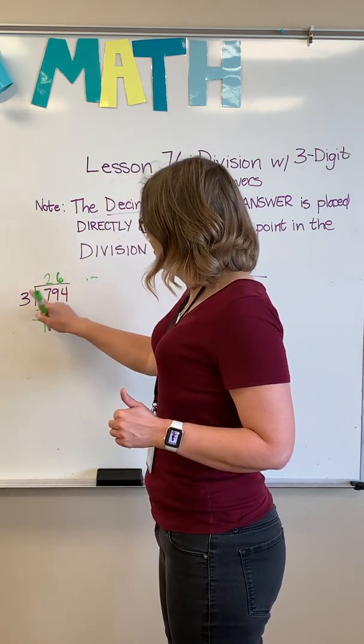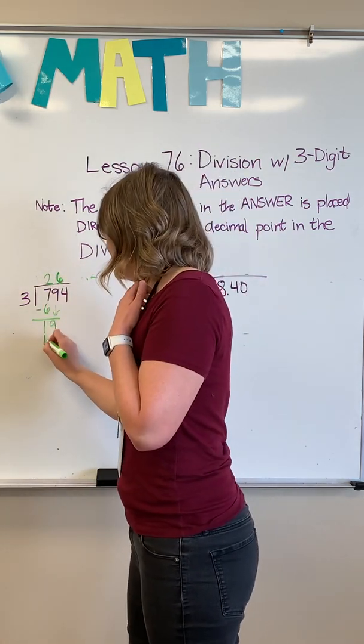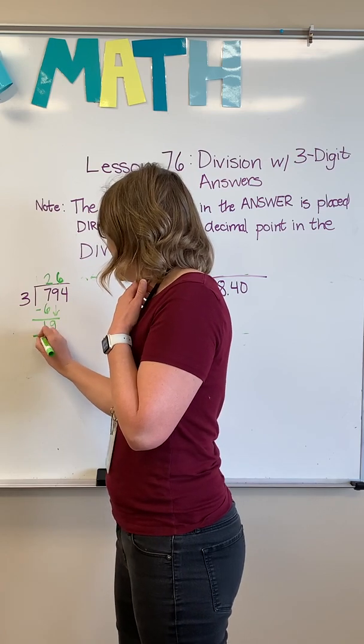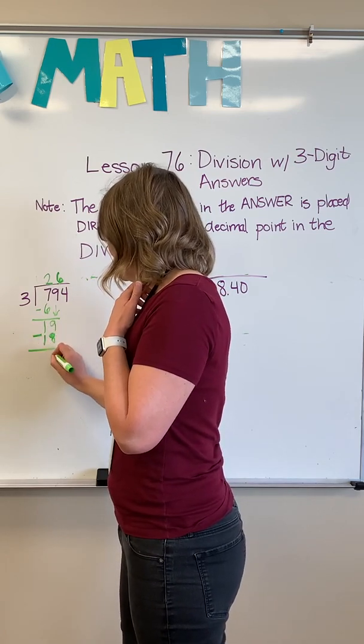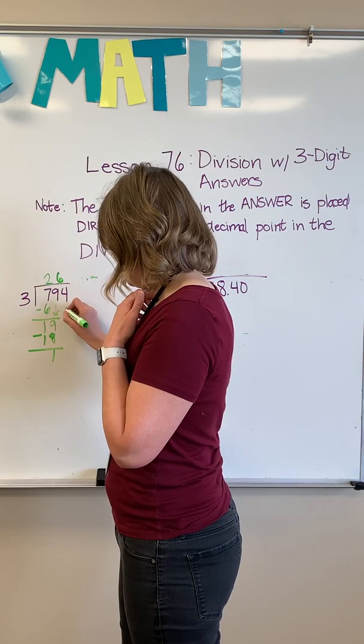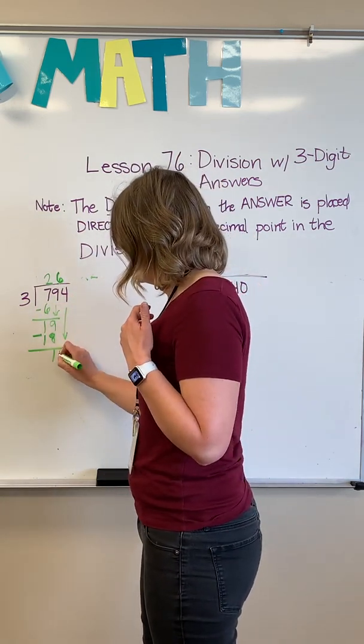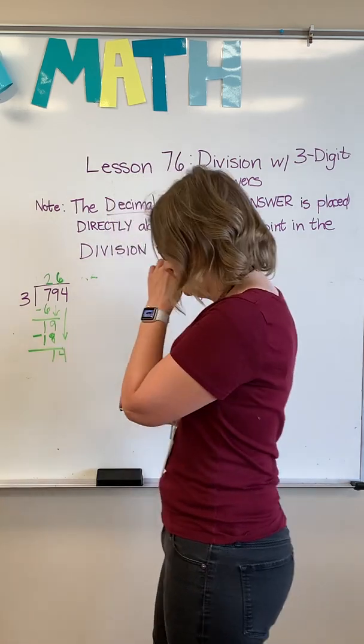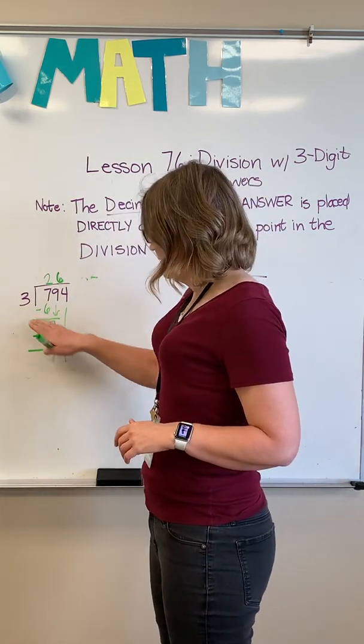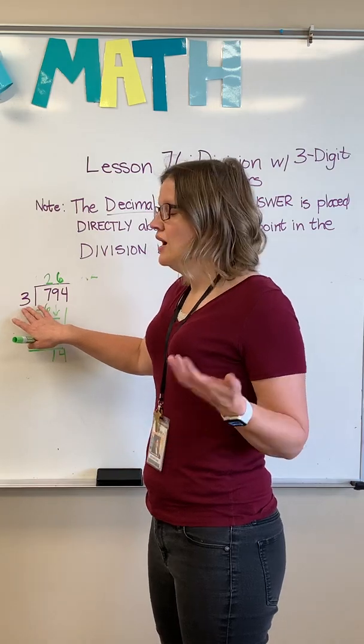I multiply 3 times 6. I have 18. I put it down here. I subtract. I have 1 there. Now, on that 3rd digit, I bring it all the way down here to 14. I look at 14 divided by 3. I know that